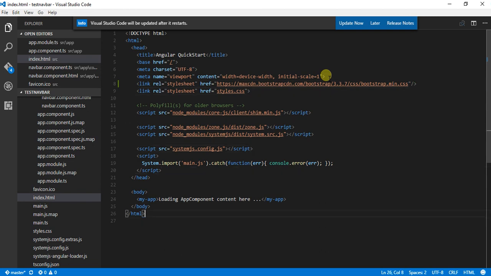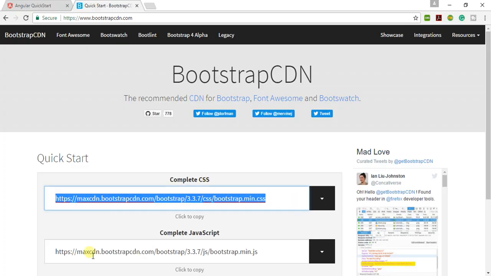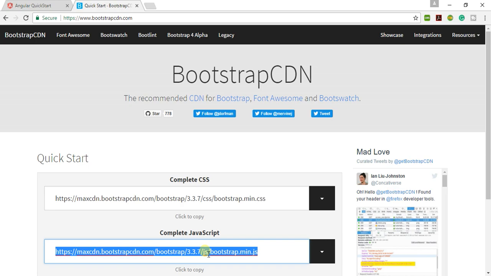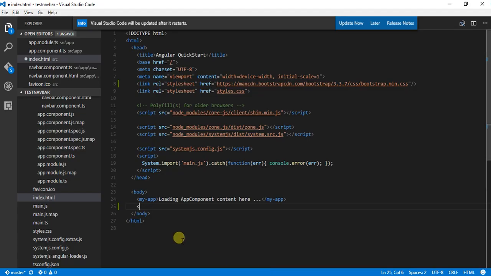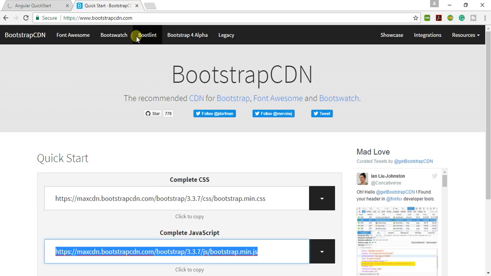Now there are two more files that I need in my application, like I need this jQuery file, and for this to work, we need to include our jQuery CDN.